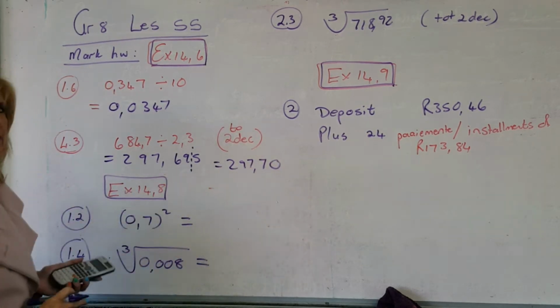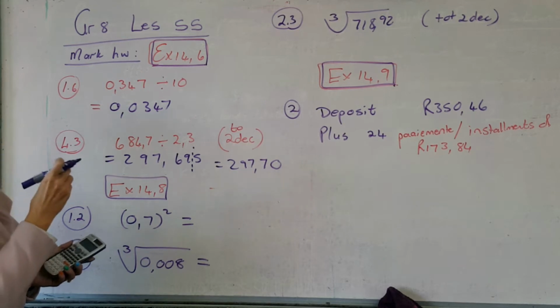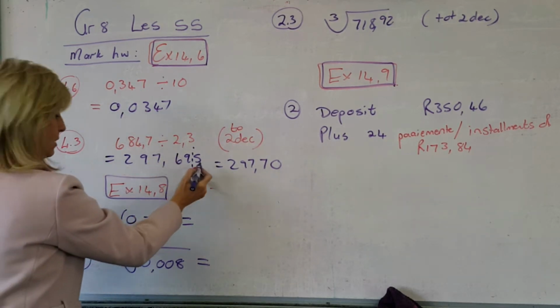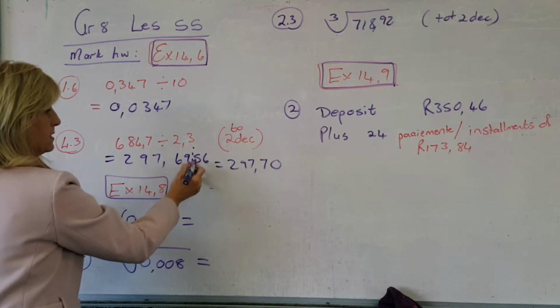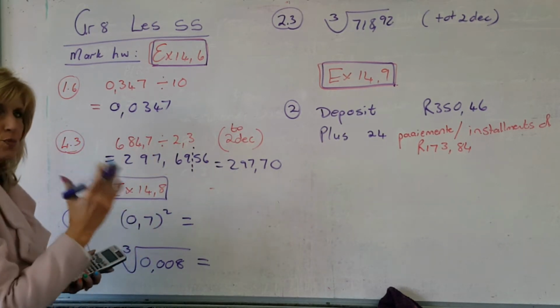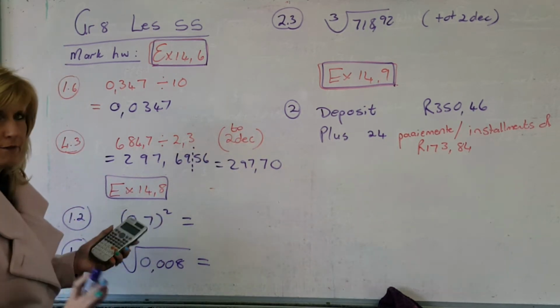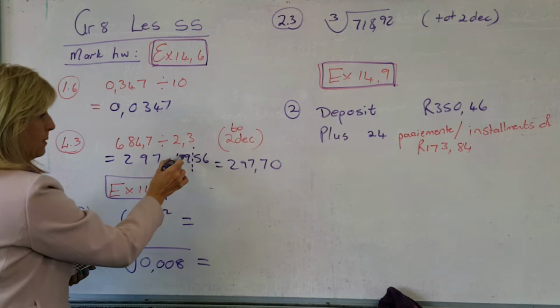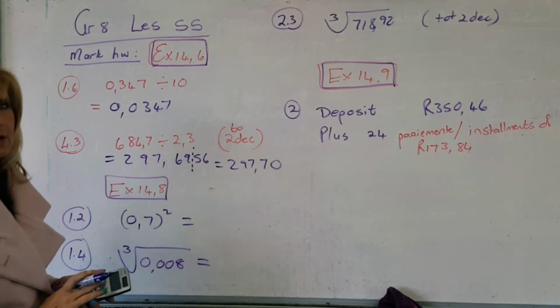No. Have a look at the decimals and have a look at the rounding off. As jy afrond, moet jy nou reg afrond. It's only the 5. You don't go, the 6 makes the 5 a 6. It's just wherever they ask you to round off to 2 decimals, that's where you draw your little line there, you don't have to. But that 5 implicates that the 9 becomes a 0, and then obviously the 6 becomes a